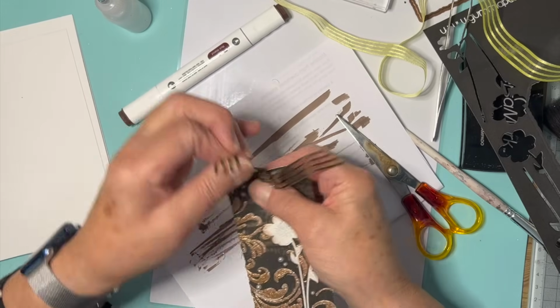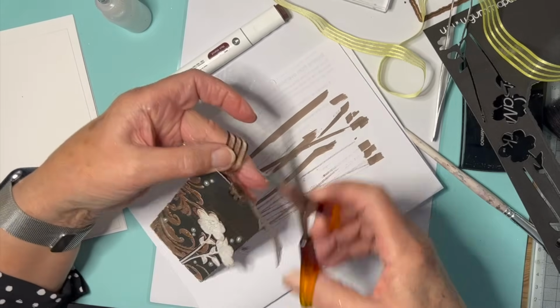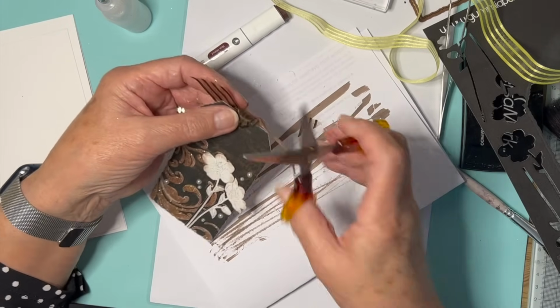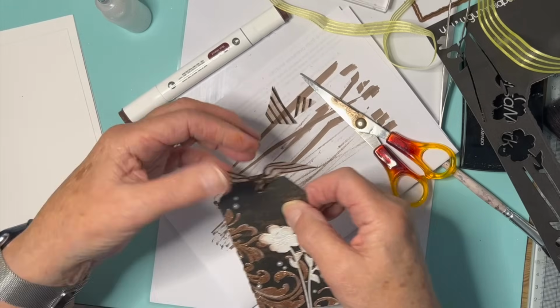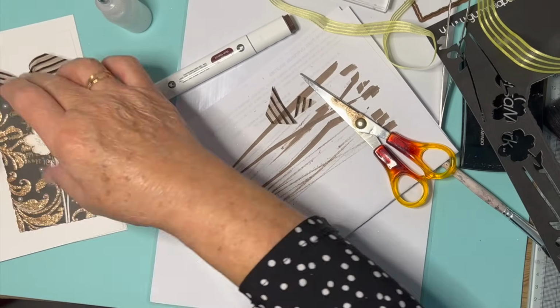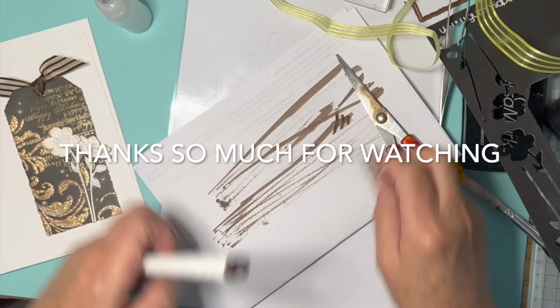A bit draggy because it's probably still a bit damp. Okay, which way should we go? That way and this way. Here we go. Put this onto a little foam tape and away we go. There you go,